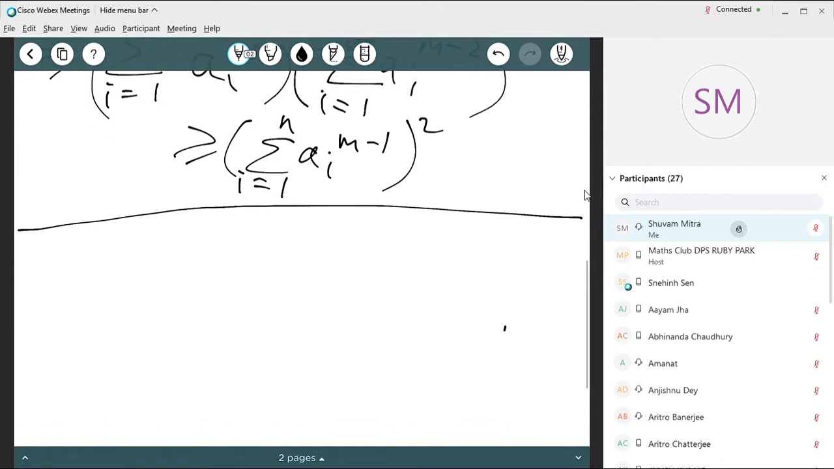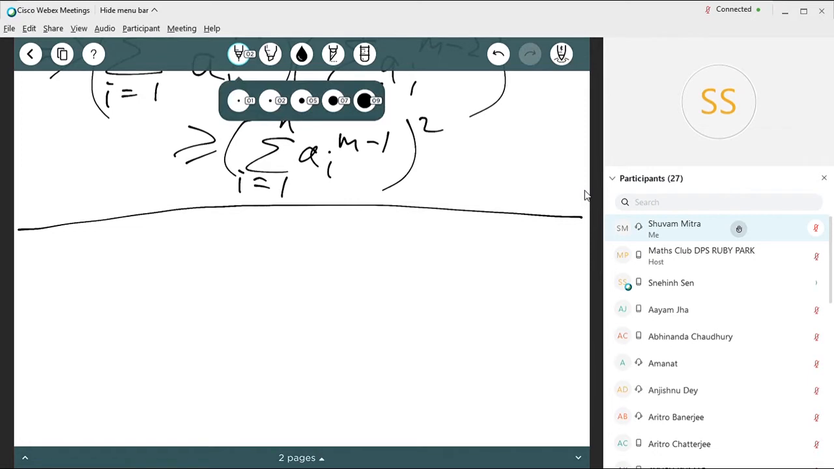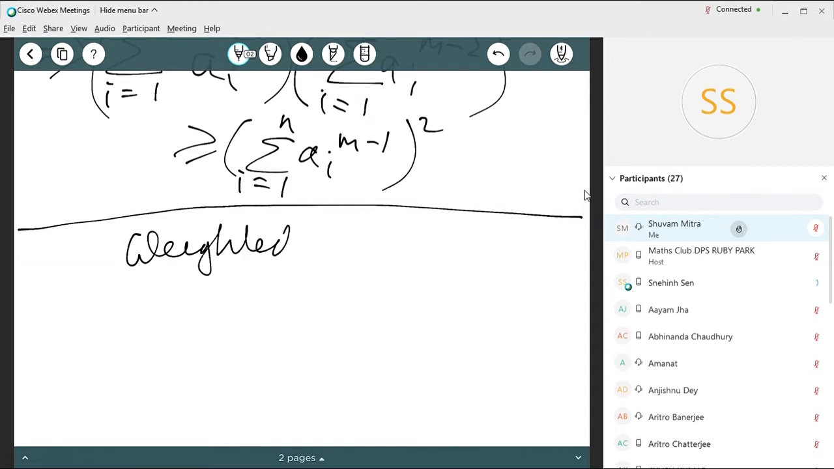Okay. So let's return to the example which I was referring to in the previous class. Actually, I'll come back to this proof later, maybe. We had discussed the weighted AM-GM inequality. I hope you remember the statement. Let me state it once. Weighted mean inequality, which states if